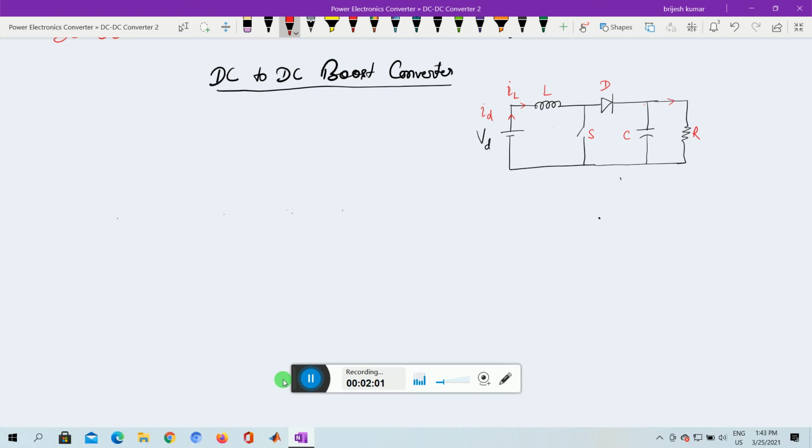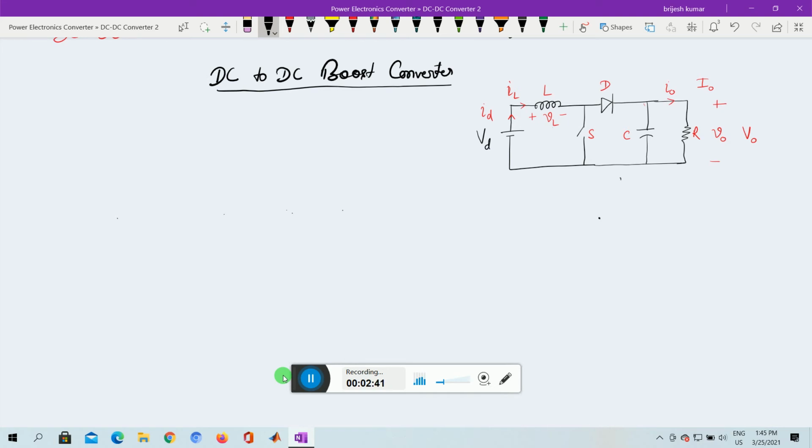Similarly, in the output we have I of 0, and the voltage across the output is V of 0. So the average value is V0 and the current is I0. The average value of the current in the output is named 0 as a nomenclature, and the input is D as a nomenclature. Let the voltage across the inductor be VL, with the positive terminal as marked over here, plus and minus.